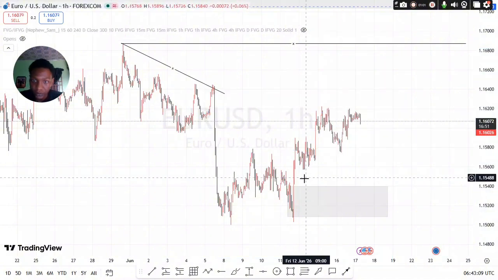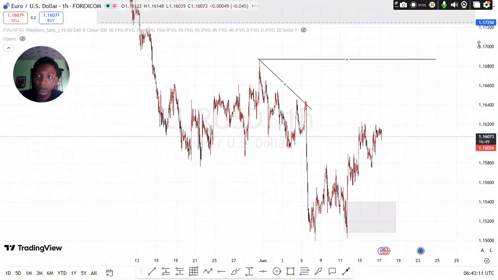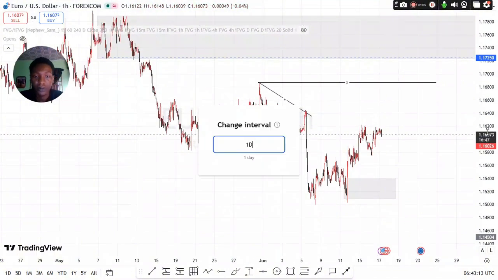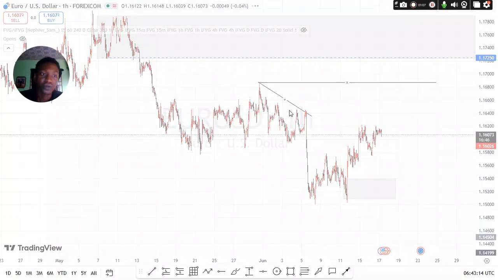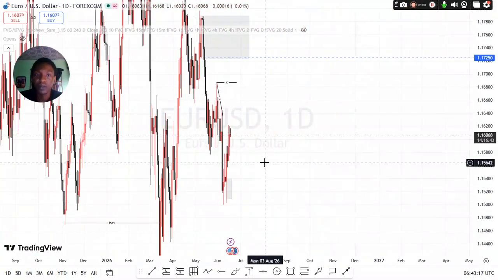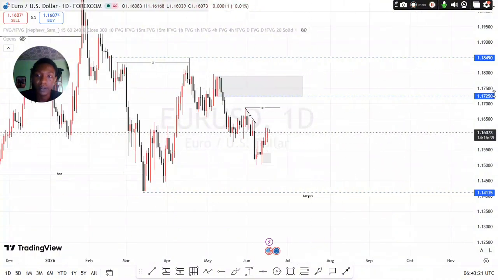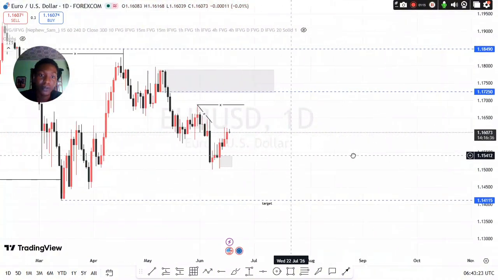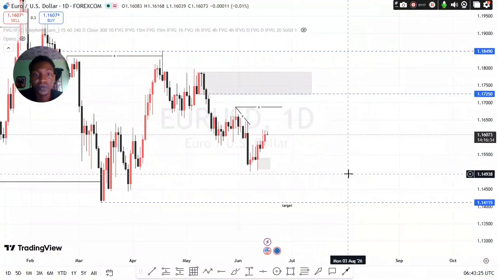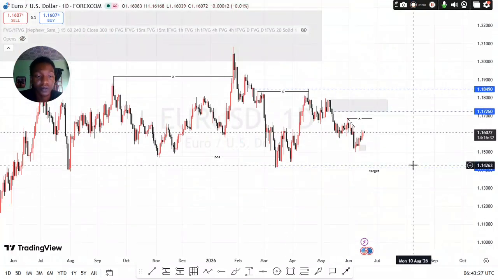All right, so let's just go to the daily time frame so we'll get perspective on what we have been seeing, what we have been looking at, what we have as an idea for taking that buy. Okay, so just looking at the monthly